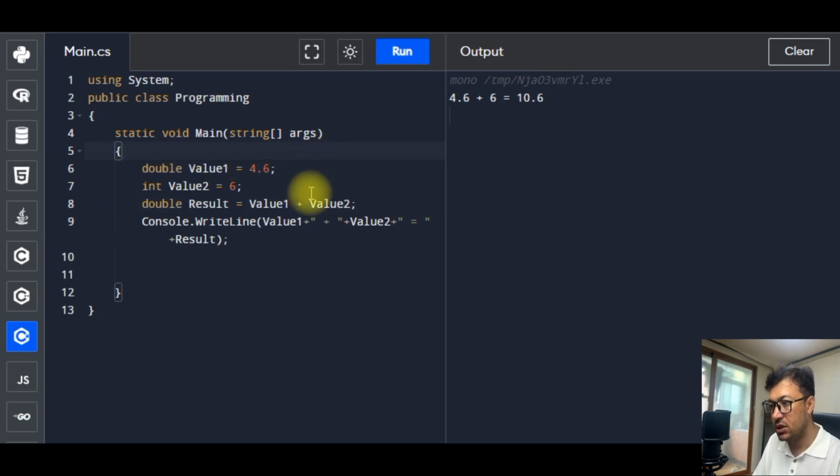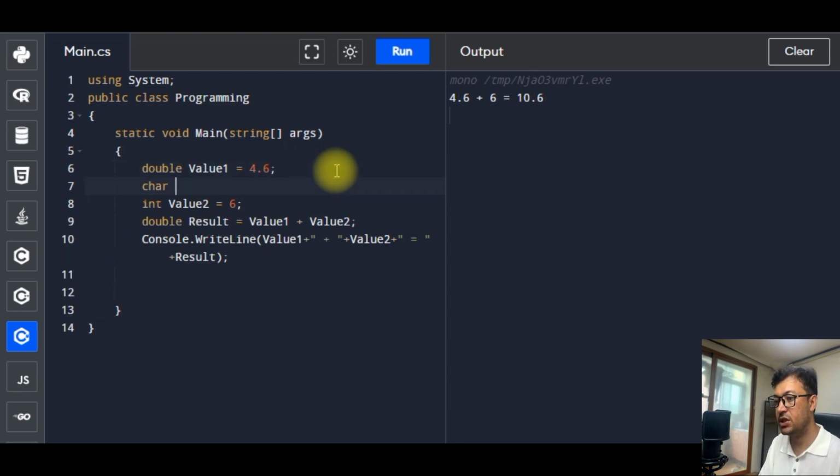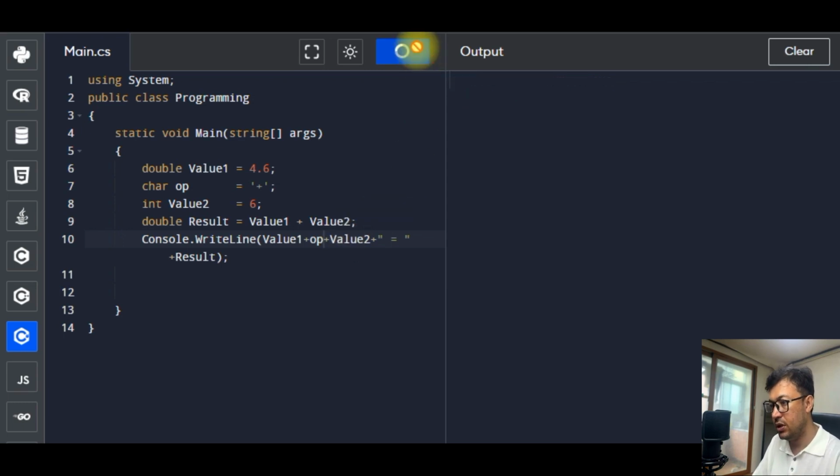Some more variables are here with us. This is a character variable, and I'm going to create a character variable and store some value within it, and that value is plus. Now you can see that instead of using this sign, I can just write op, and when I run it,